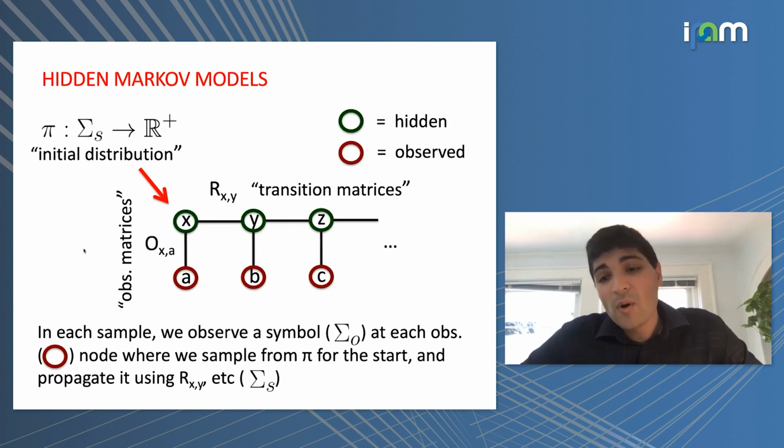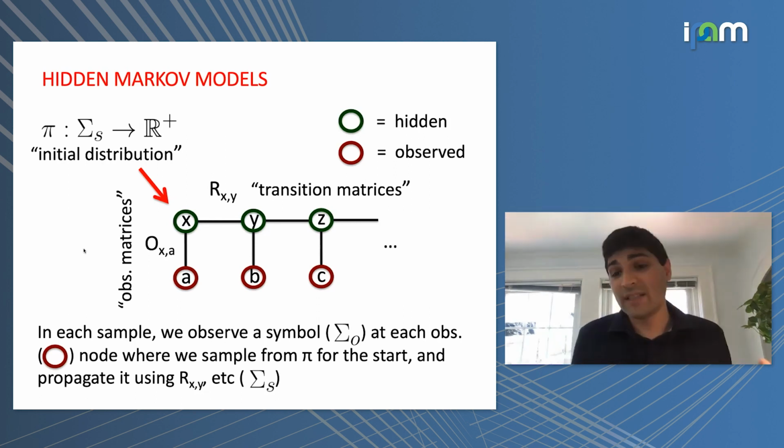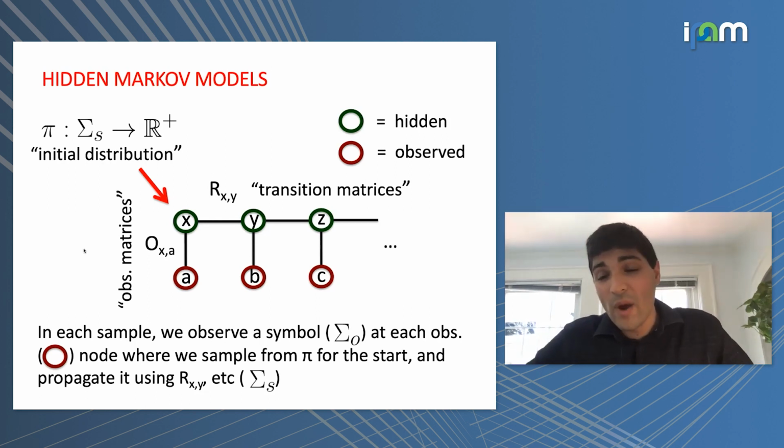Yeah, so this would be more in engineering applications. One of the places where HMMs show up is, for example, in speech recognition. Because then you could imagine that maybe the hidden state represents what kind of phoneme I want to say in some sort of sequence. And then these observed matrices represent something like how that's actually mapped to a waveform. So that would be one way that these things show up.